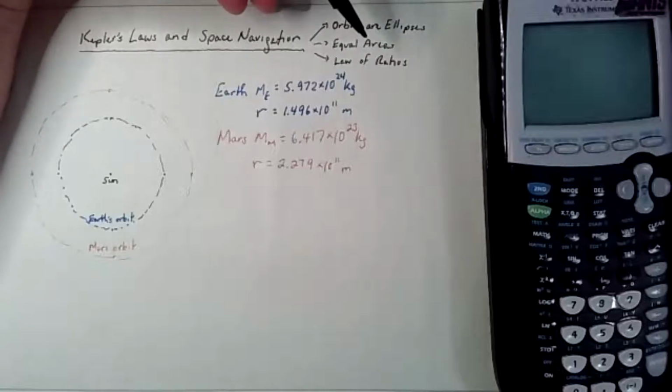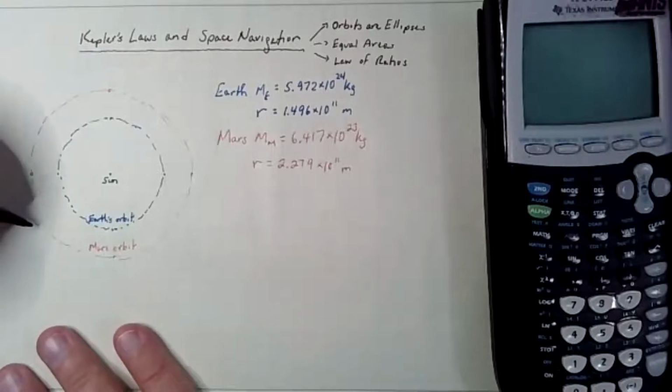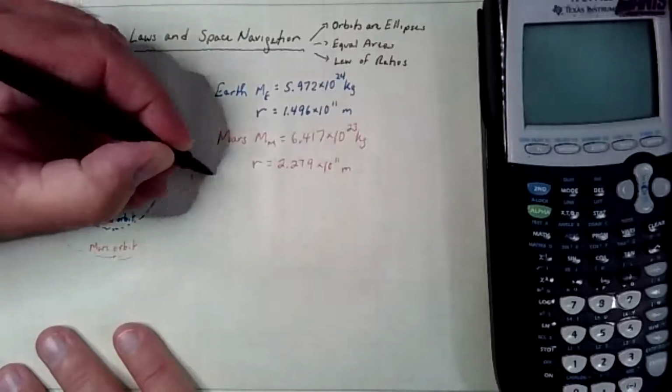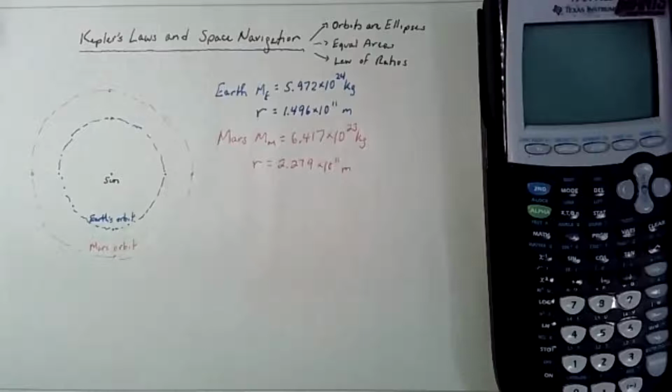And that's an interesting one too, because if we had an object enter our solar system but have enough speed to not get trapped in the sun's gravity, it's still going to get diverted. And so that would come in like this and then escape outward like that. All right,